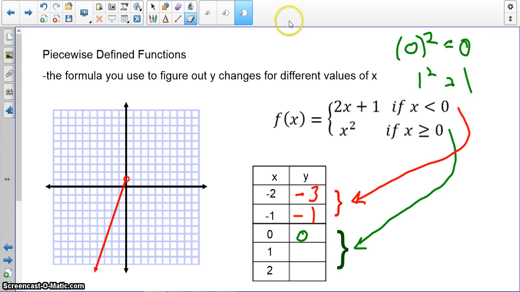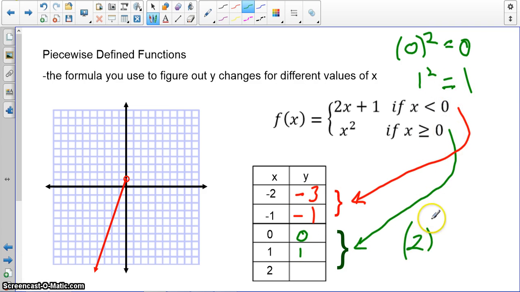Hold on. Still getting the hang of this. All right. 1 squared is 1. And then 2 squared. Okay. 4. So you get 0,